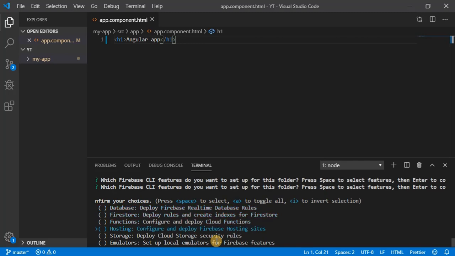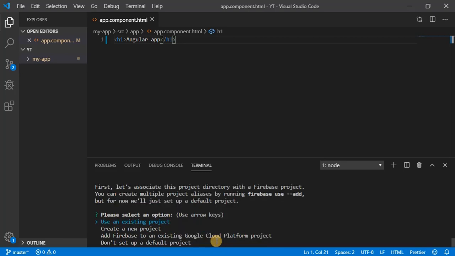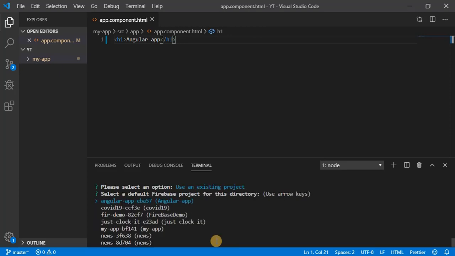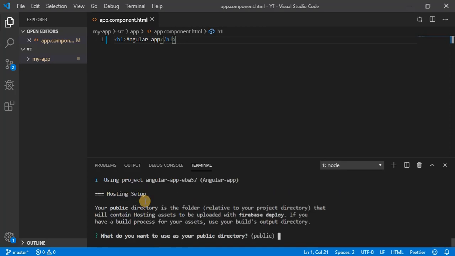Use the up arrow and down arrow to move, and in order to select, press spacebar, then enter, hosting. Use an existing project. Yeah, the one we just created. Here you will get all your project names. You can see Angular app, which we just created. So select it and hit enter.